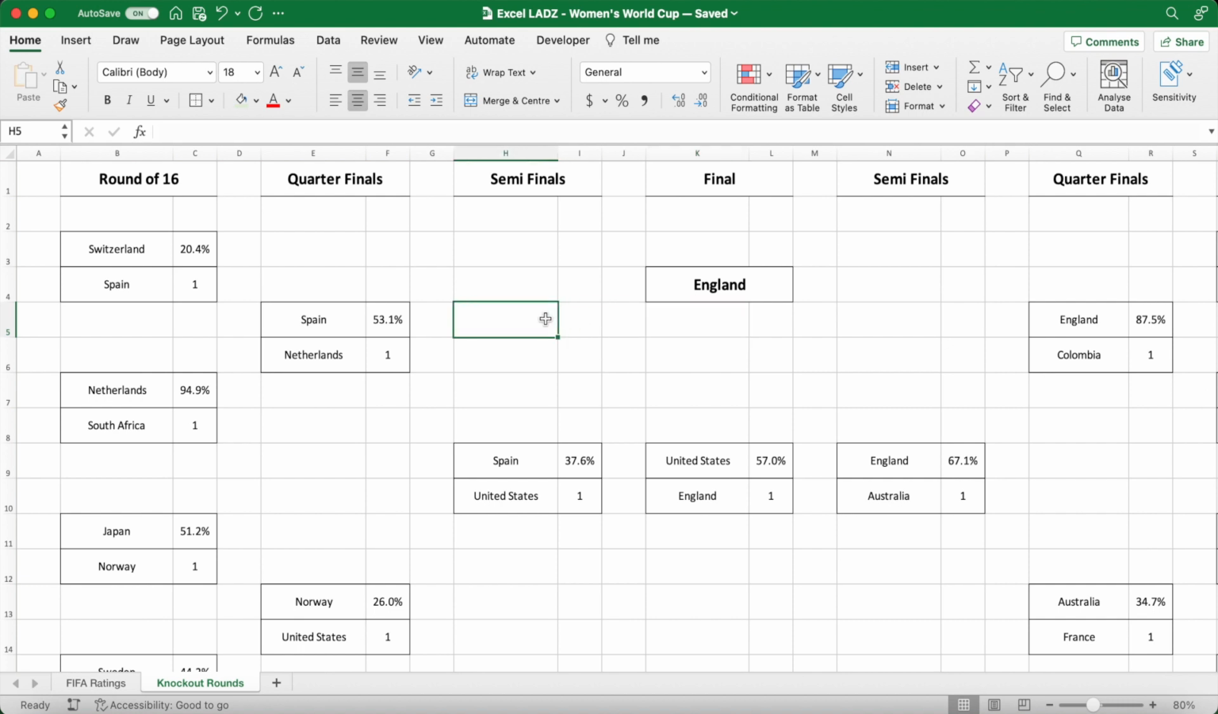And lads, we can run numerous simulations of the World Cup by pressing backspace on a particular cell or refreshing the entire worksheet. But next, I want to make this a bit more visually appealing, so I'm going to